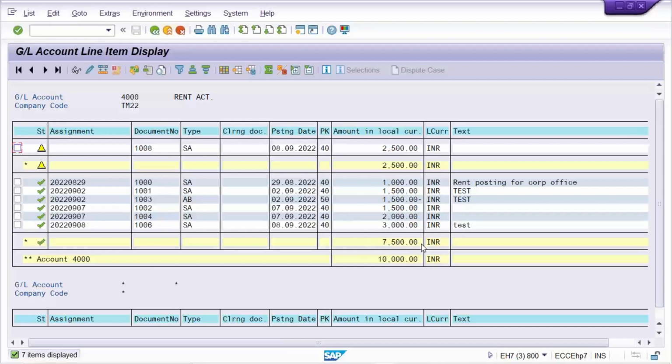What is the total rent expense? Instead of 7,500, it becomes 10,000 because now this parked document was converted into posted and it was posted. It became a complete transaction, so 10,000 total. But right now it is incomplete because it is coming under the parked segment here, parked document, right? So this is also incomplete. Okay, now,